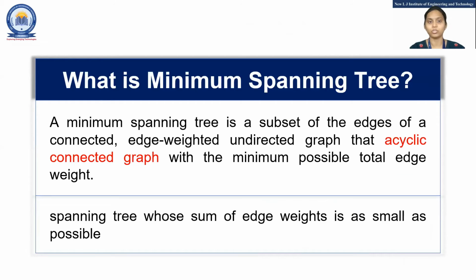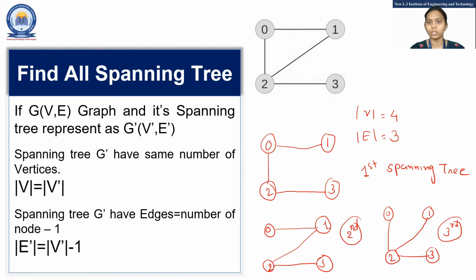Now jump to the next topic, that is minimum spanning tree. A minimum spanning tree works only when you have a weighted graph. If your edges do not have any weight, you cannot create the minimum spanning tree. So here, out of all the three, consider the case where some edge values are given: 1, 2, 3, 4. These are the weights given to my edges. Now you have to check which spanning tree has minimum weight. So here, how much weight?